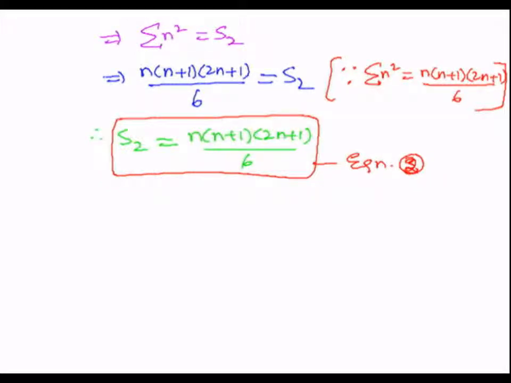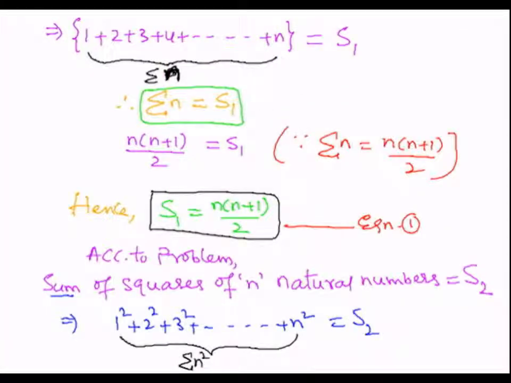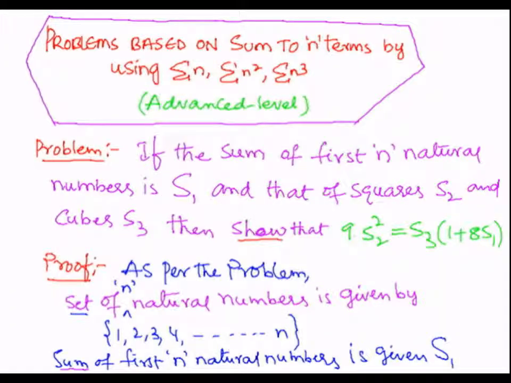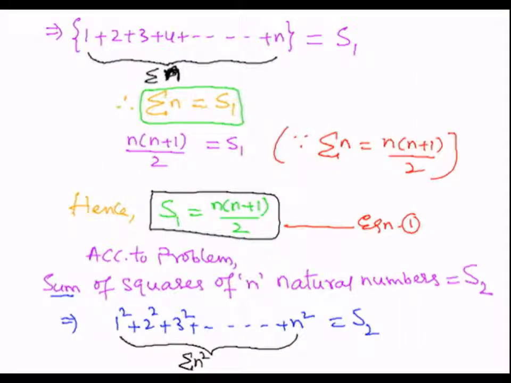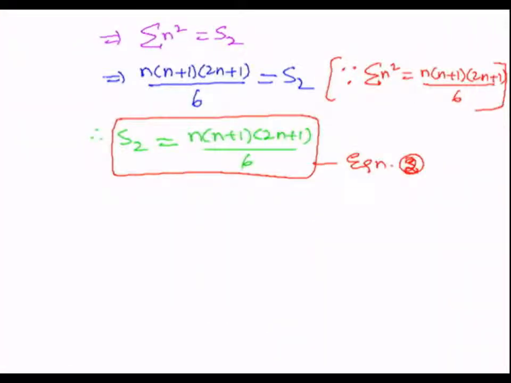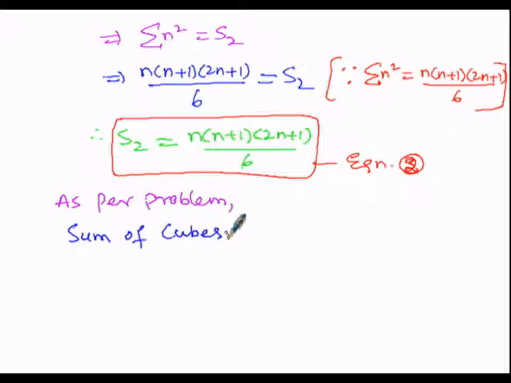As per the problem, the sum of cubes of n natural numbers is given by means of S3. So here, as per the condition of the problem, the sum of cubes of n natural numbers is given by means of S3. So here the natural numbers are 1, 2, 3 and so on up to n, but here we